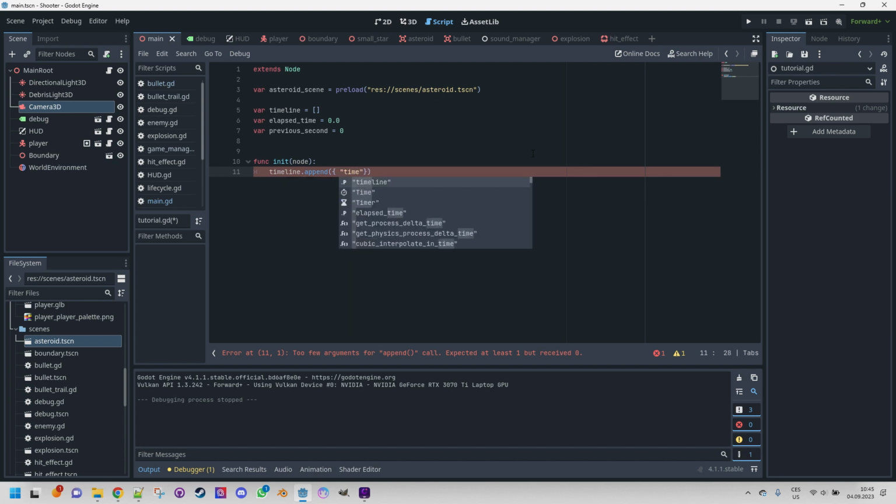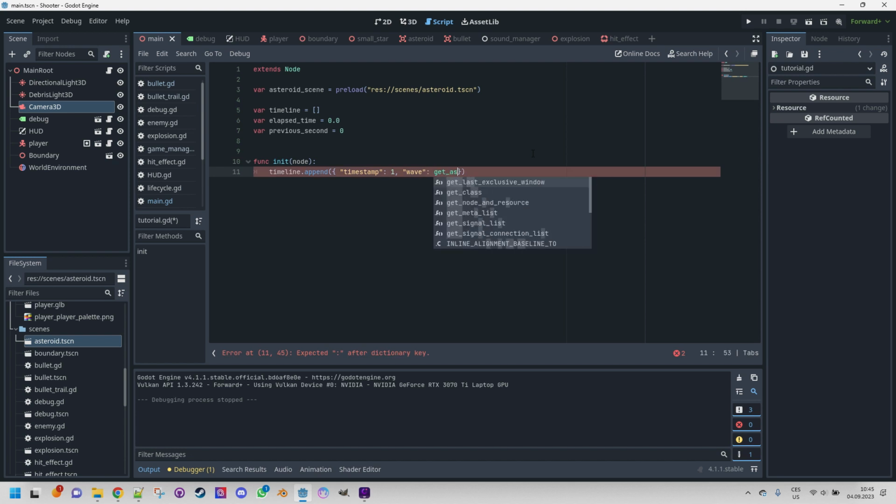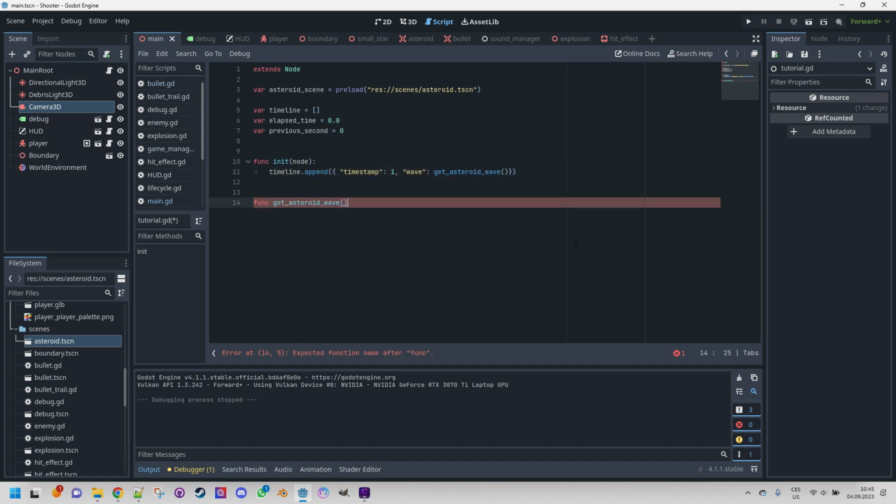So timestamp we will set to 1 second after the game is started, and wave would be asteroids. Get asteroid wave. Okay, this function doesn't exist yet. Let's create a temporary placeholder so we get rid of this error